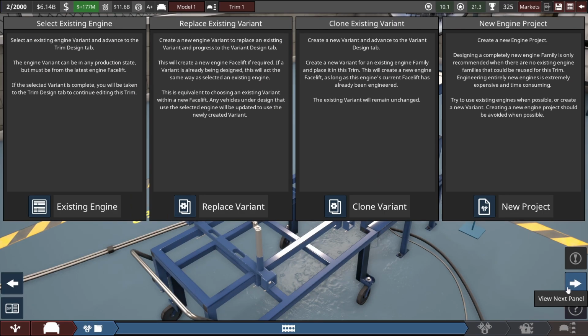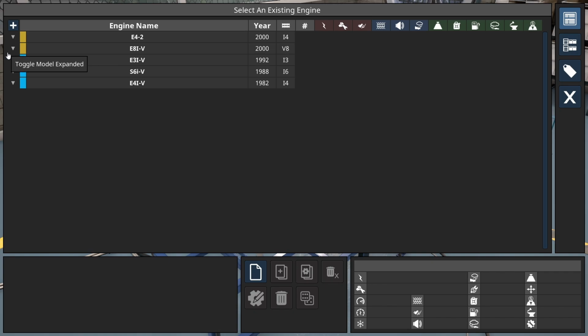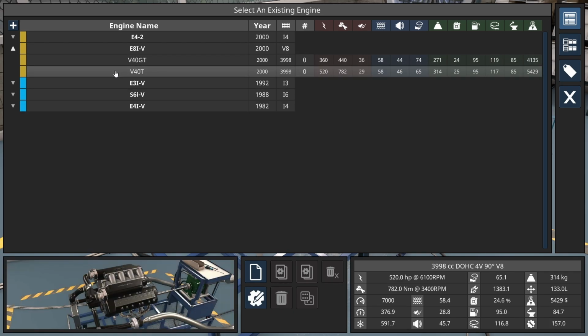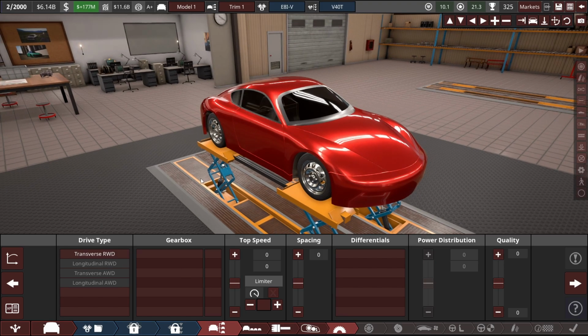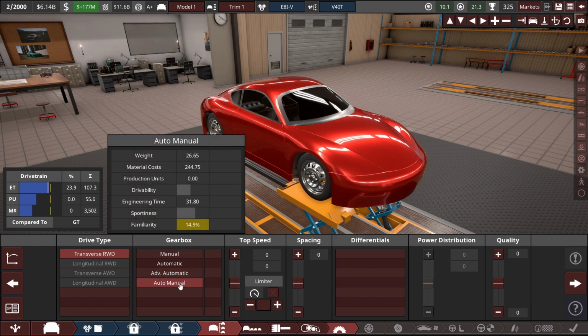So yeah, let's see if the engine actually fits in here. I hope it does, so we'll take the V8. We'll do the GT variant, it does fit. So we'll do the turbo variant first, sorry, I accidentally just clicked on that first, so we'll do that. It'll be rear-wheel drive through...